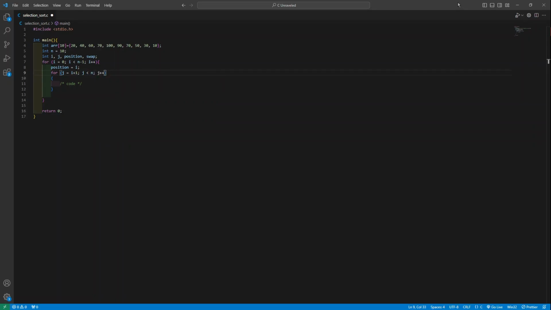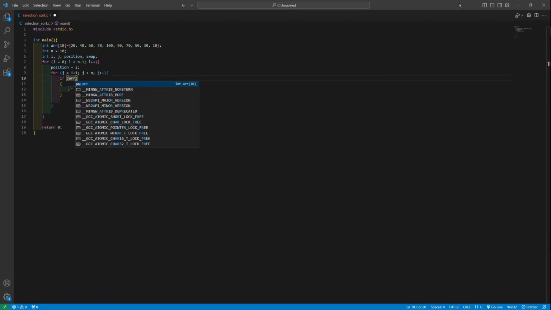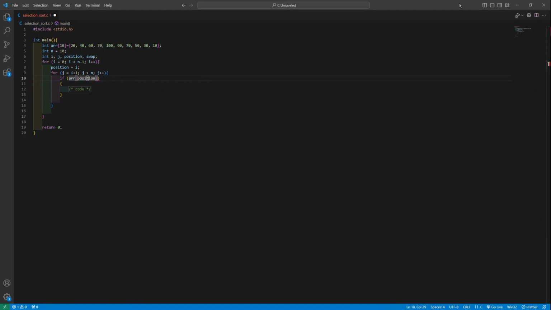J, and we'll also remove this. Now we'll give an if else statement. So the statement is if array position,